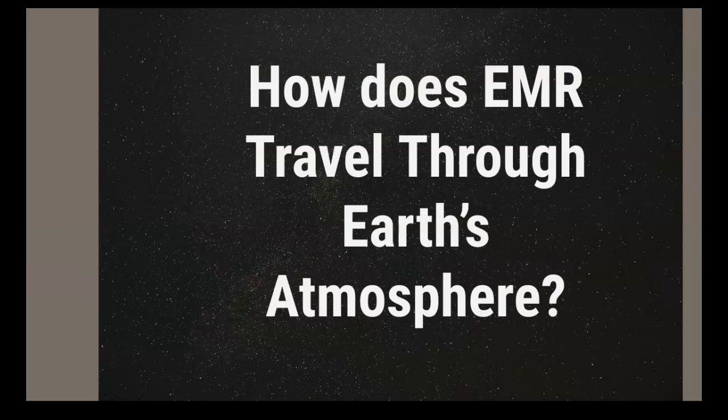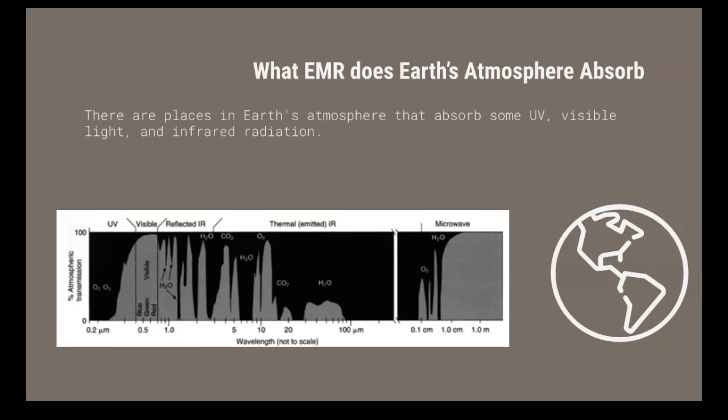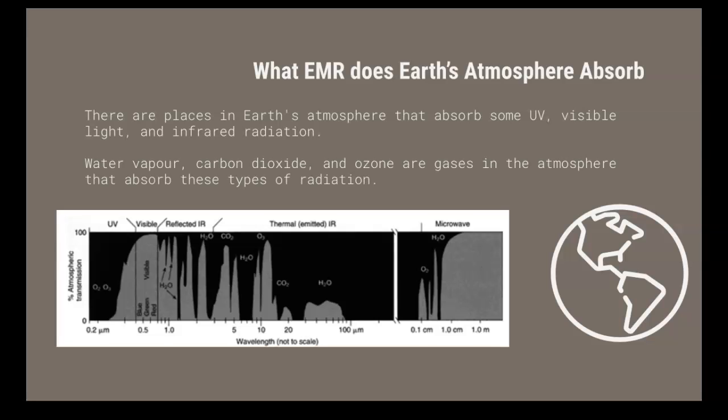So now we have to understand how some of the different waves of radiation can travel through the Earth's atmosphere. Some of the Earth's atmosphere will actually absorb some of the EMR spectrum. Some types of UV radiation, some visible light and some infrared radiation actually get absorbed. These get absorbed by different gases like water vapor, carbon dioxide, and the ozone layer will actually absorb these